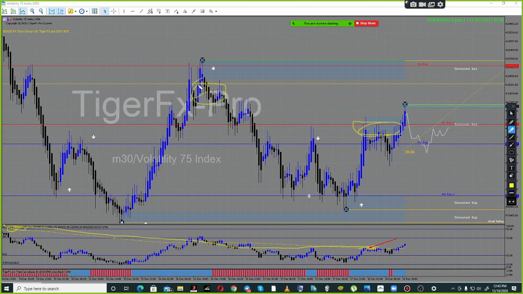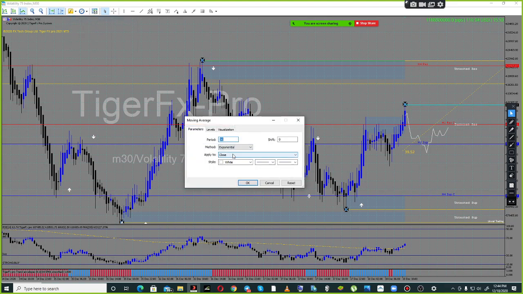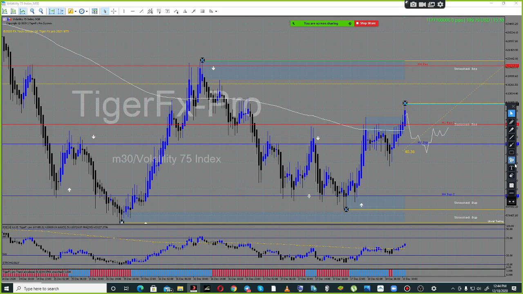Here is when price tested the 4 hour trend. I'm going to add the 200 EMA. Oh my bad, I'm going to add the 200 EMA so you can see what I'm talking about. Okay, that's the 200 EMA there, or you can just add the 240. As you can see, the price has tested this area. It's the same thing.